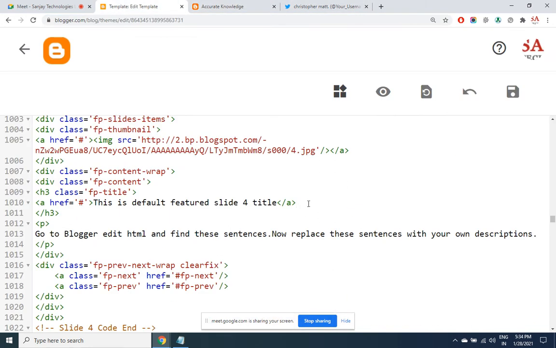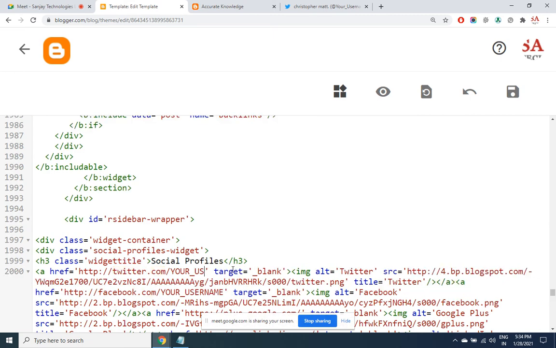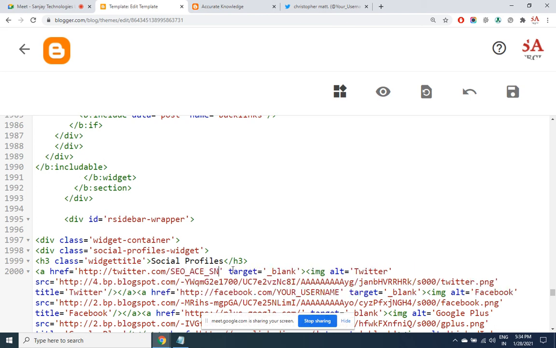Control F. I'm searching for twitter.com. Here it is. So I replace this with my profile URL. Save.